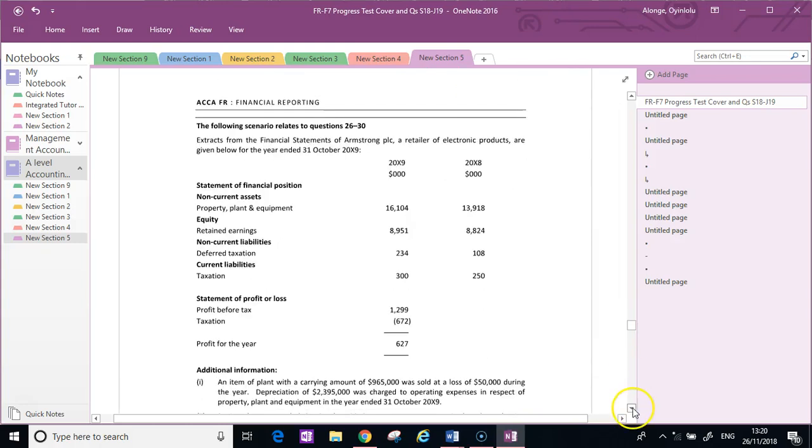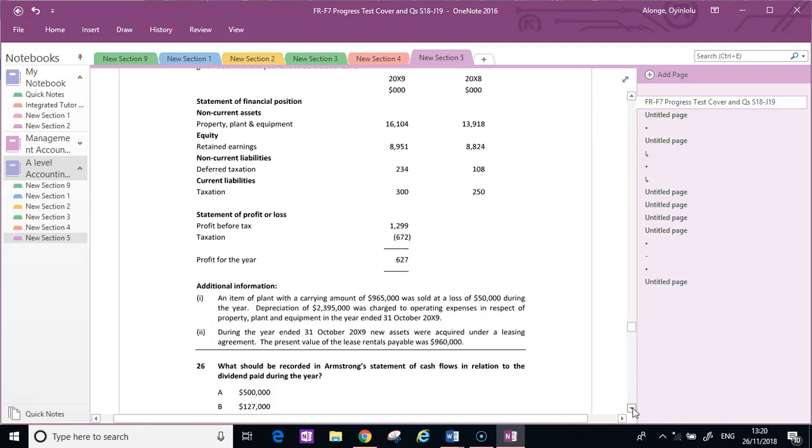Okay, guys, 26 to 30, last set of questions. I hope you've had a good punch at these. These are all cash flows, but really, again, it's all double entry. So it says what should be recorded in the statement of cash flows for